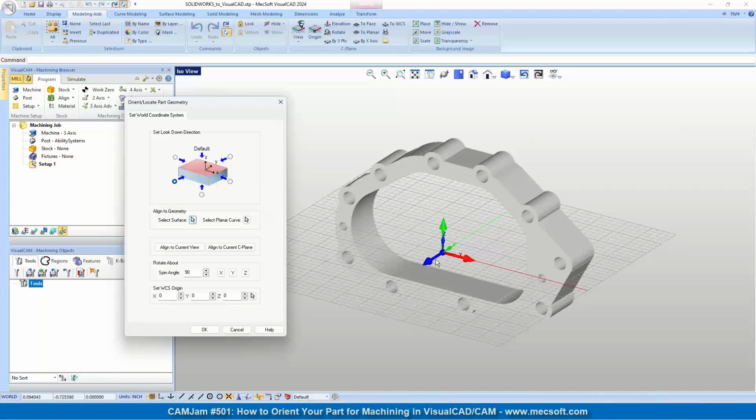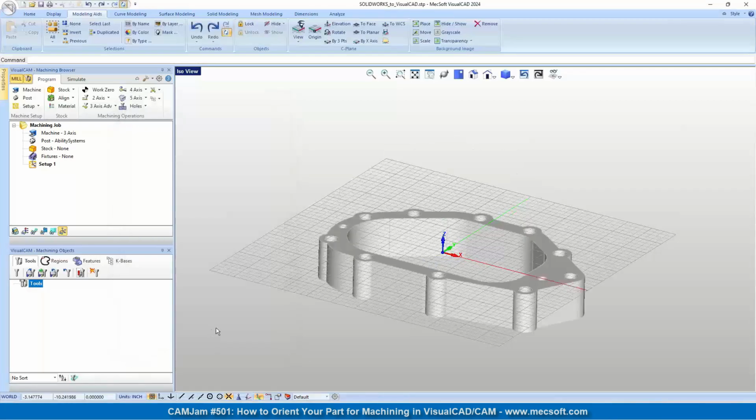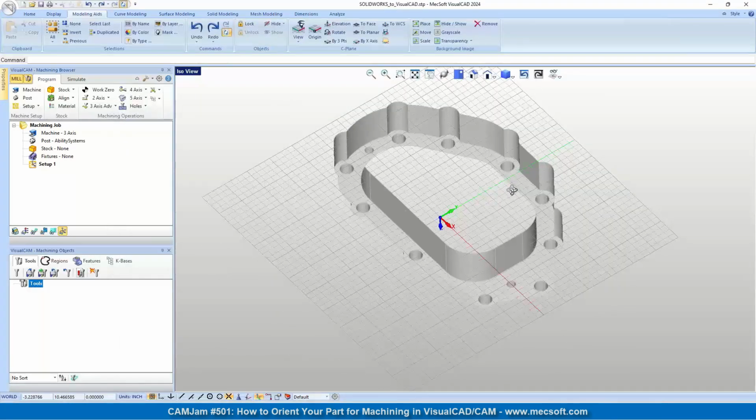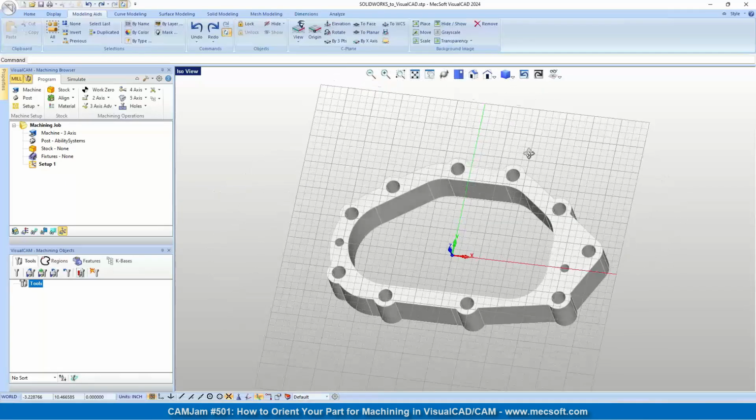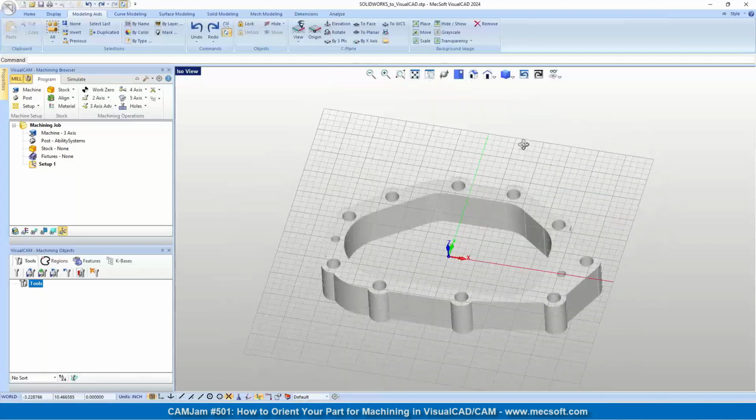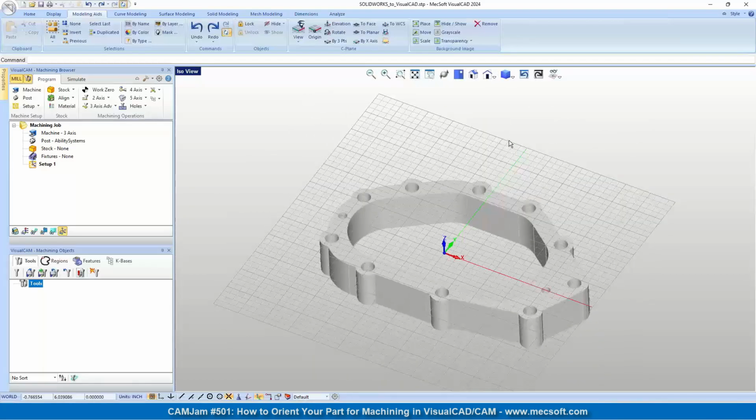And you'll see that the Z-axis is displayed on the screen. So we're going to be machining from that direction. We're just going to pick OK. So you'll see that it flipped it over automatically. And now that it's flipped over, then you can go ahead and start programming it through your normal CAM procedures. So that's basically how, again,